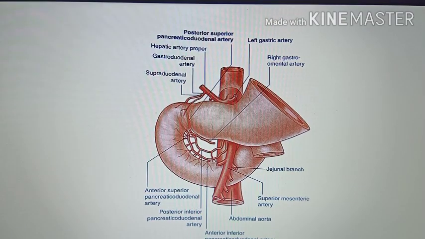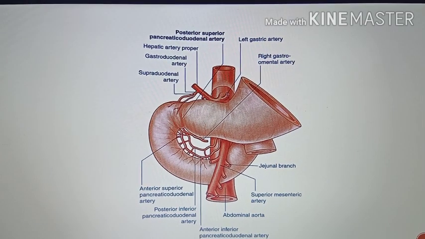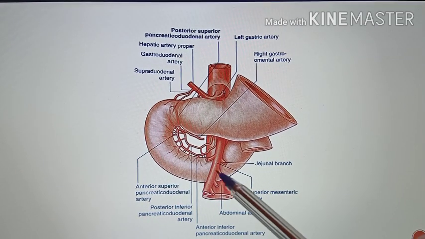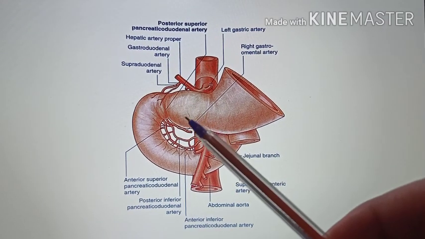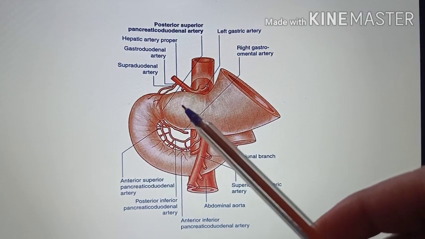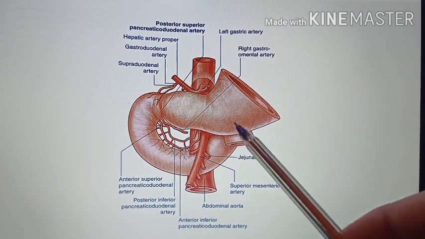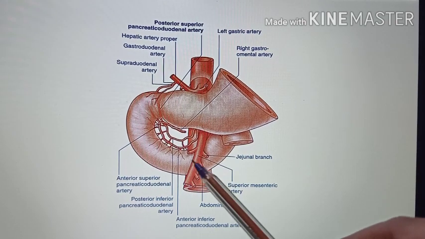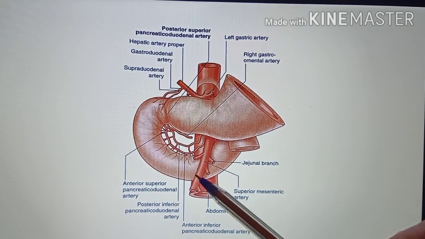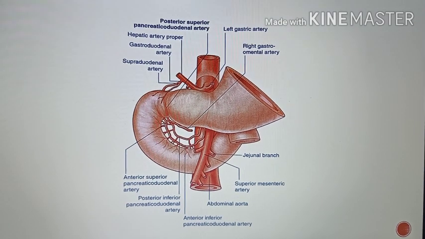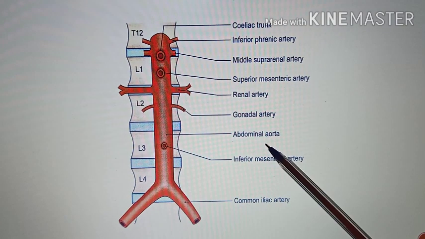Apart from that, you will see the origin of the inferior mesenteric artery, then the third or horizontal part of the duodenum. If you see, this is the stomach, this is the pylorus end of the stomach, this is the first part of the duodenum, second part, third part, whereas this is the fourth part. The third horizontal part of the duodenum is also anterior to the abdominal aorta, and you will also have the root of the mesentery.